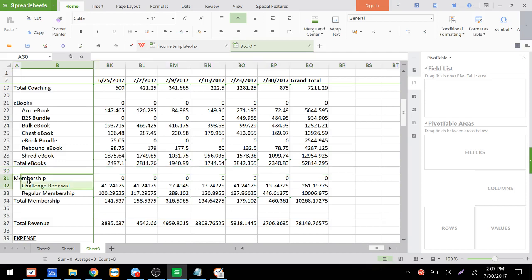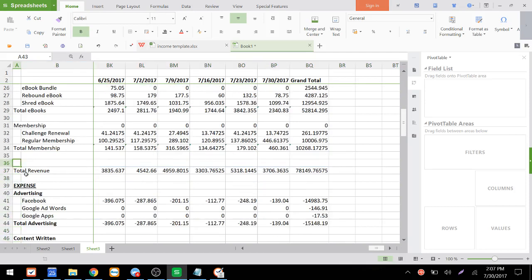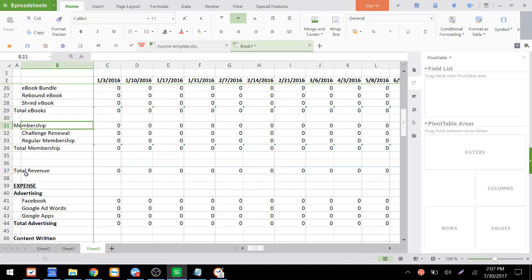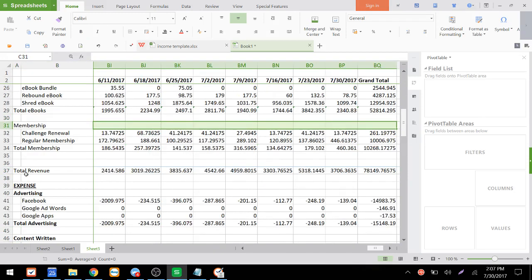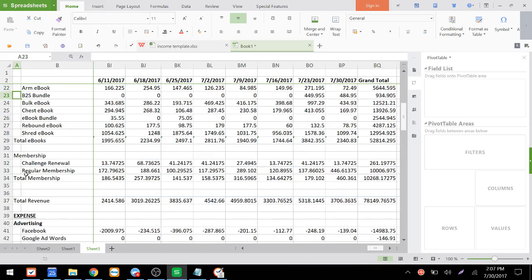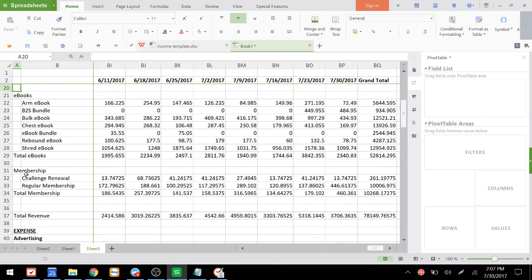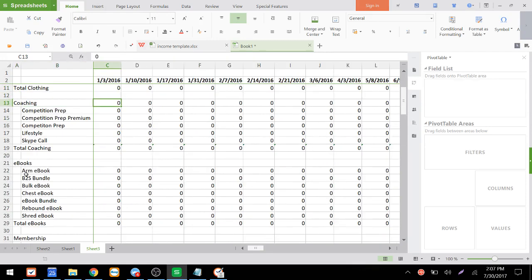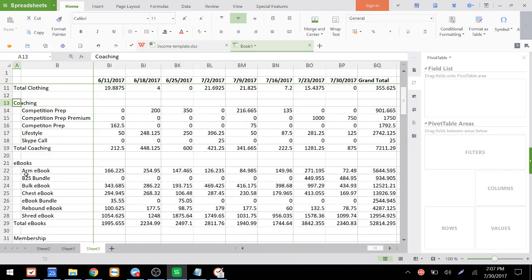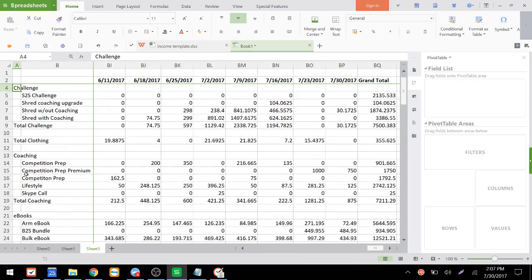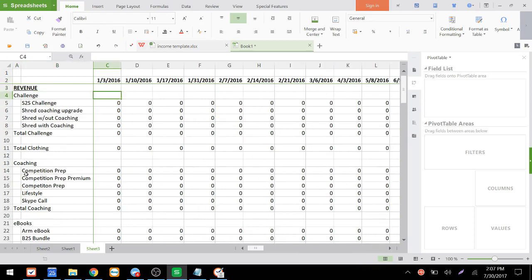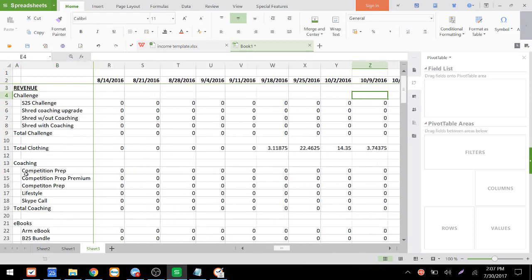And that's done. So now we just need to go to each of these sections, like membership, and start deleting those out like we did with the other ones. And luckily there's just a few of them here, so I'm already almost done. And it feels good when you get done with this report, man. I'll tell you what. Okay, we didn't do this challenge one, so